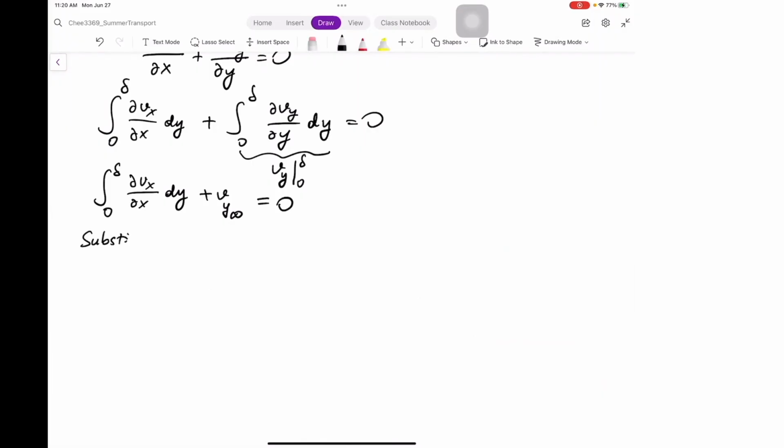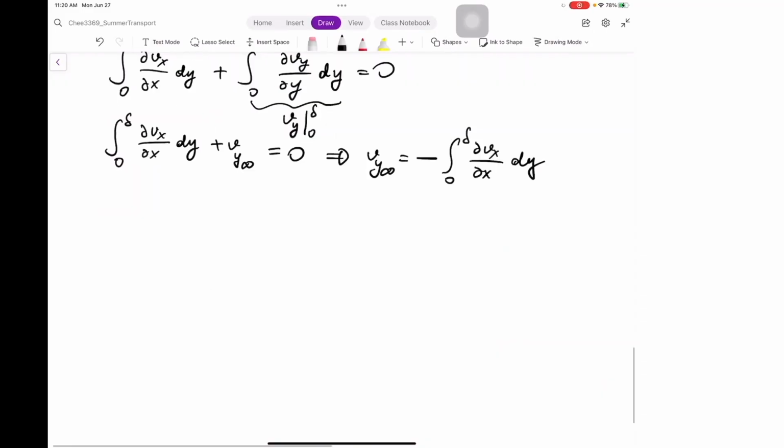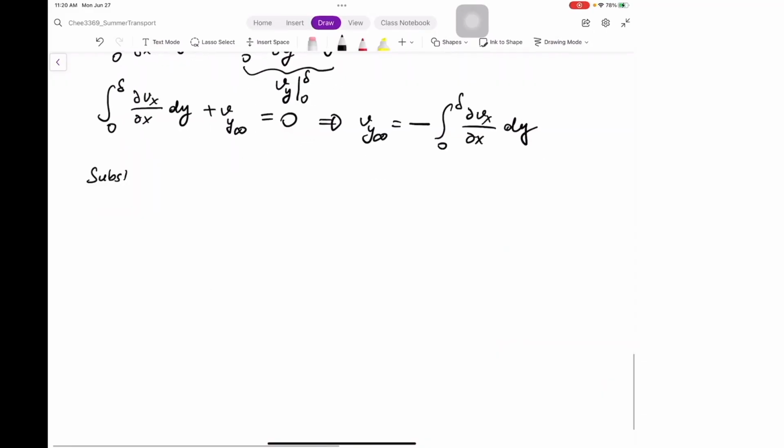Substituting. Let's solve for the Vy infinity first. Thus, Vy infinity is minus this thing, equals 0 to delta del Vx over del x dy. Now, substituting Vy infinity into equation 2, we get,